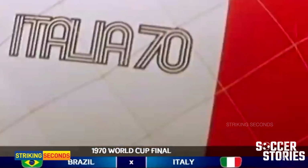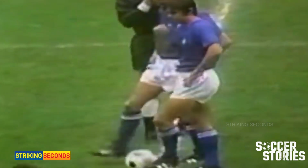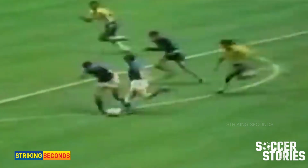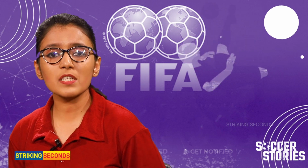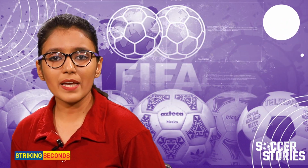This new type of ball was officially used for the first time at the 1970 World Cup in Mexico, which put an end to the practice of the host country selecting their own brands for play in the showpiece event. FIFA picked the German sport manufacturing firm Adidas to create the ball for Mexico, and its product, Telstar,